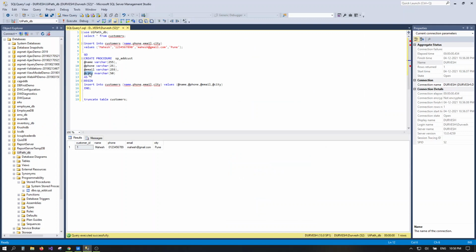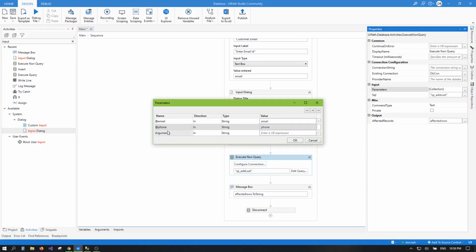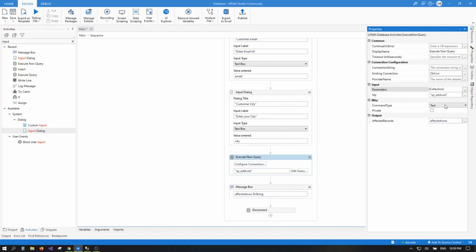Just copy as it is. These are the parameters. So click OK. And now we need to change the command type to stored procedure.